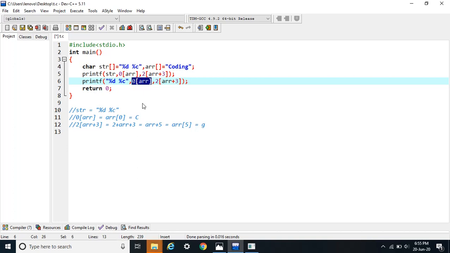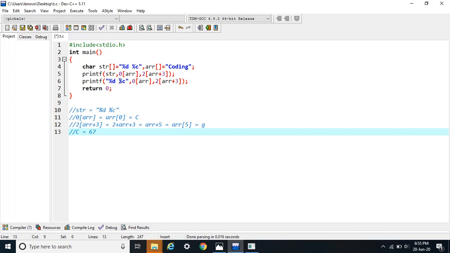So the 0th character is C. So whatever be the ASCII value of C will be printed, which is 67. So capital C is equal to 67. Okay. And after that %c is for this. And what is this? It is G. So the output would be 67 space G.